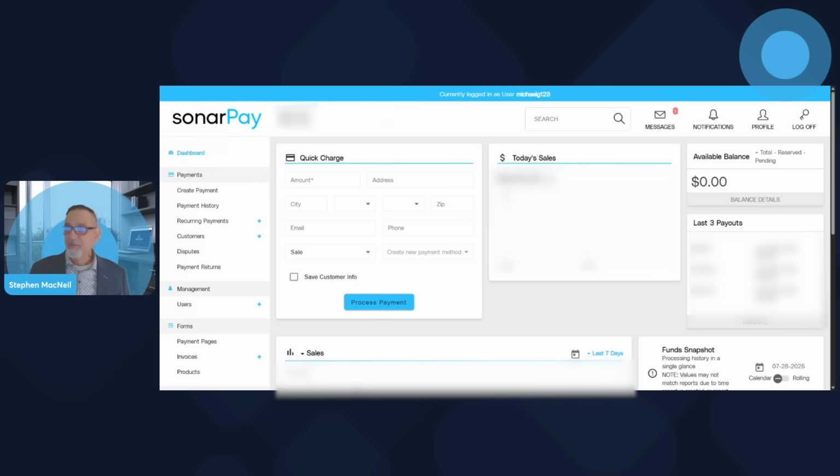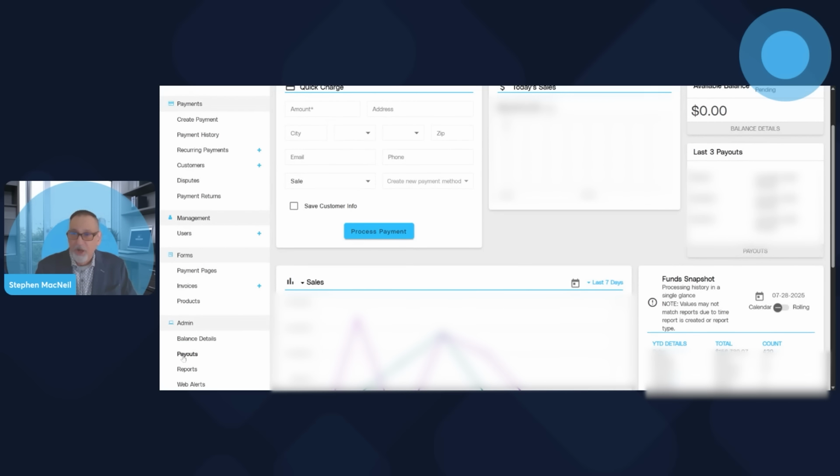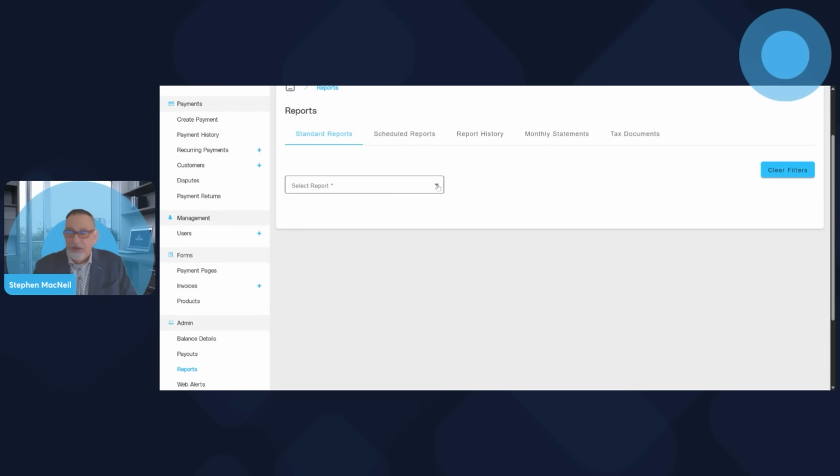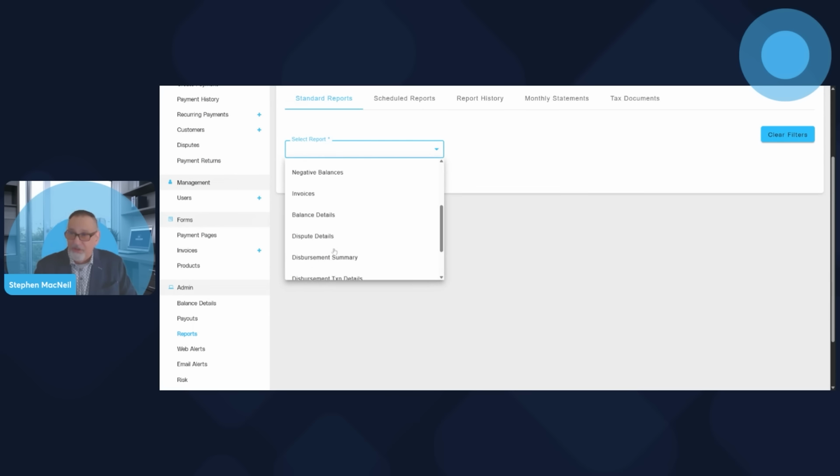But there are times when some of your team may want different immediate views to reports that can be easily obtained through the portal. So you can see all these different types of reports available in the payment portal.